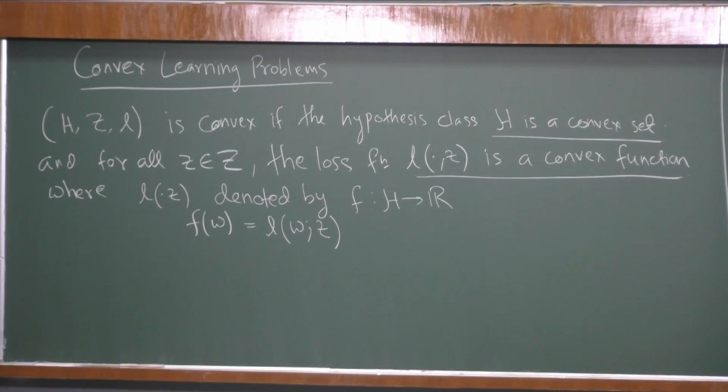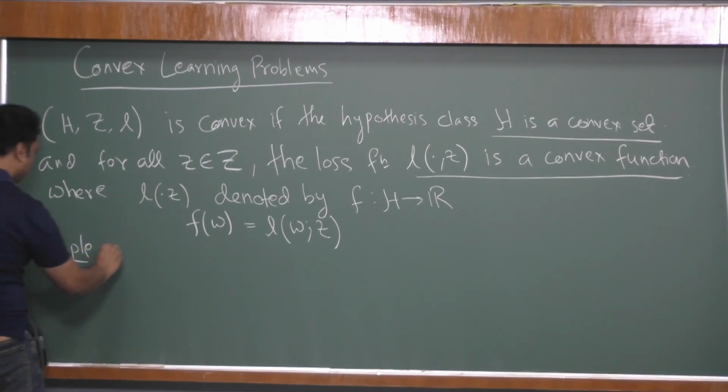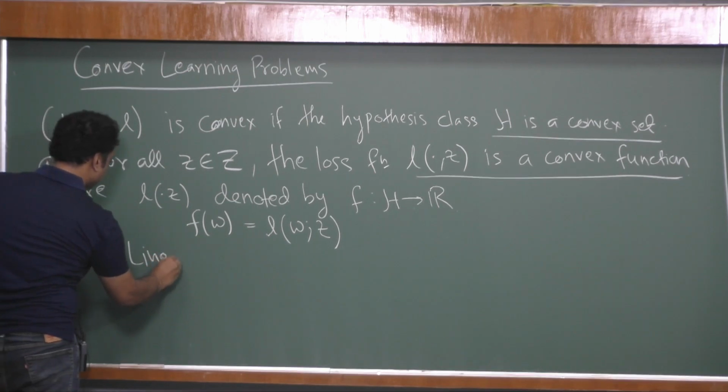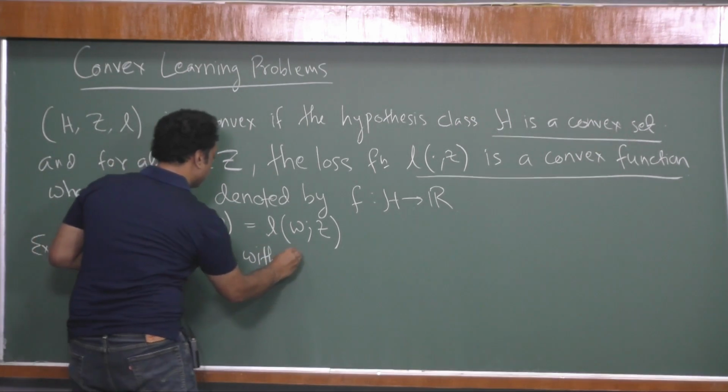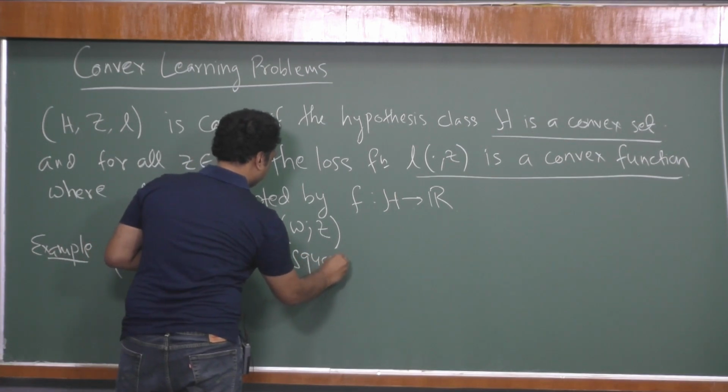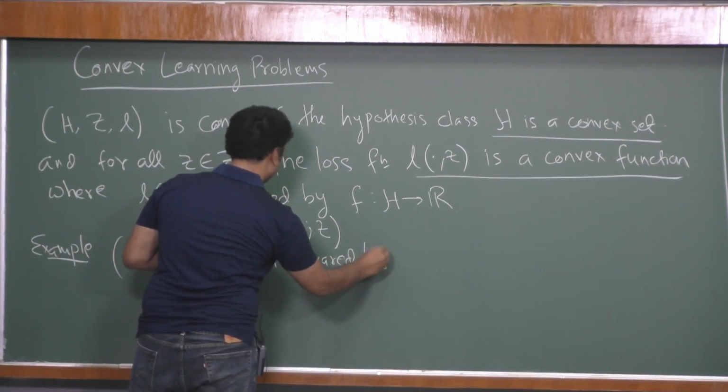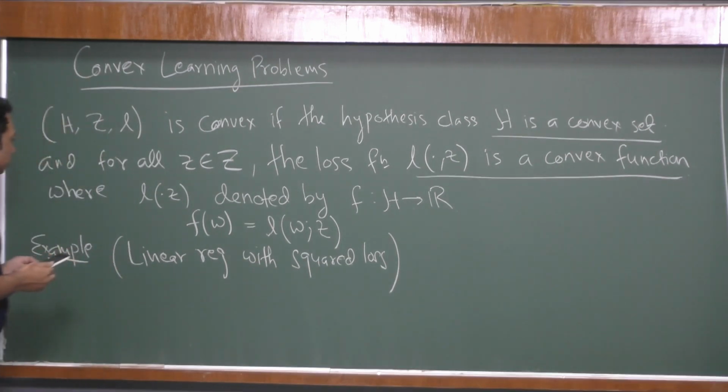What we have proved in the last class, and we have shown an example of a convex learning problem, was linear regression with squared loss. We have seen this in the linear predictor chapter, and in the last class also we have shown that this is a convex learning problem